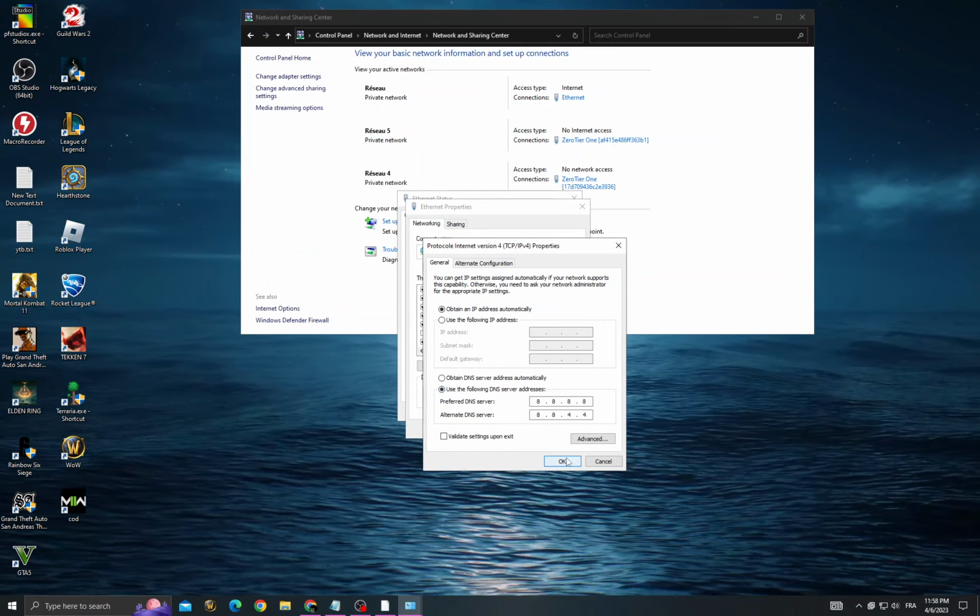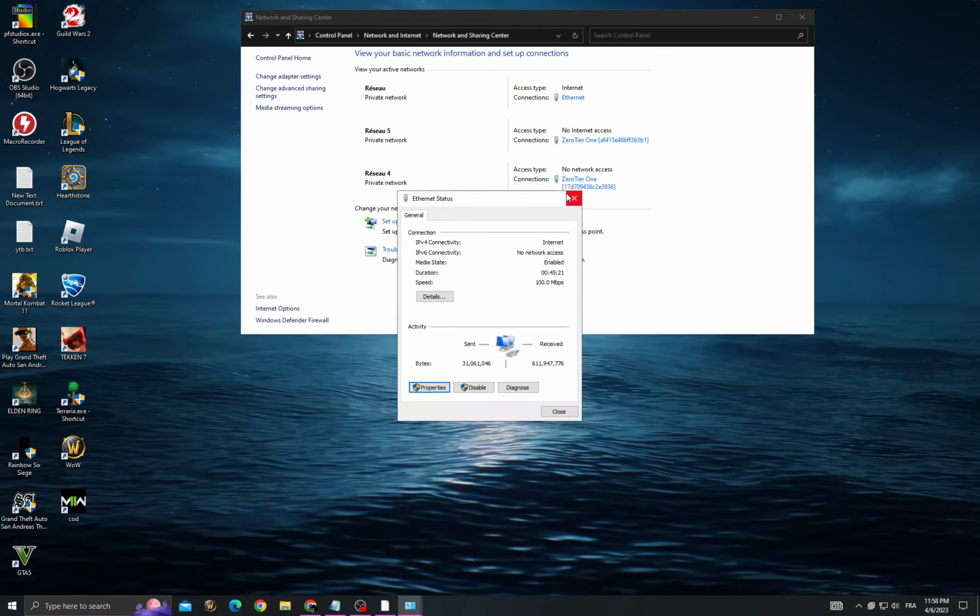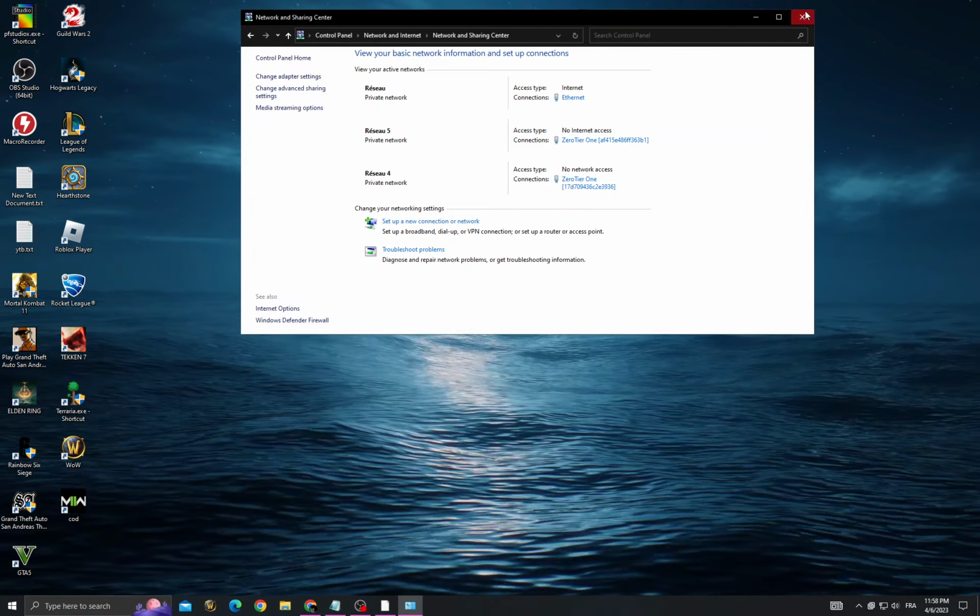numbers here and then click OK, and after that restart your PC, and after starting your PC your problem must